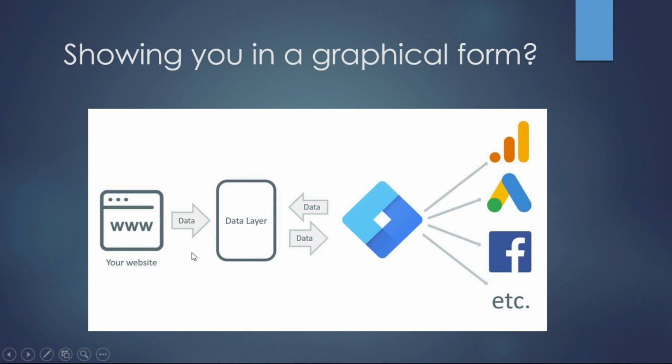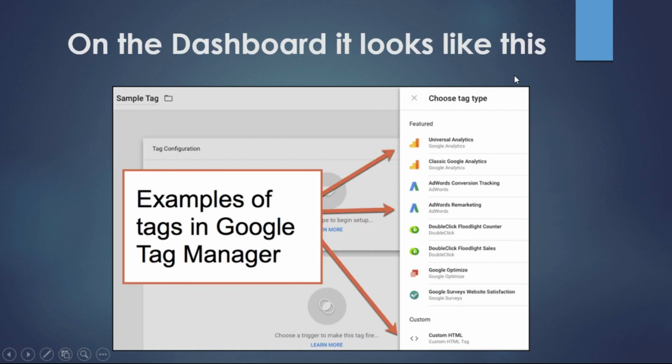So to simplify, now all the tracking codes need to be submitted to Google Tag Manager, and Google Tag Manager has just one code that needs to be deployed onto the website. Now you can understand that the website has just one Google tag code that needs to be taken care of. All the rest now gets connected to Google Tag Manager. I have just taken a sample shot of the dashboard of Google Tag Manager. This is the way it looks.